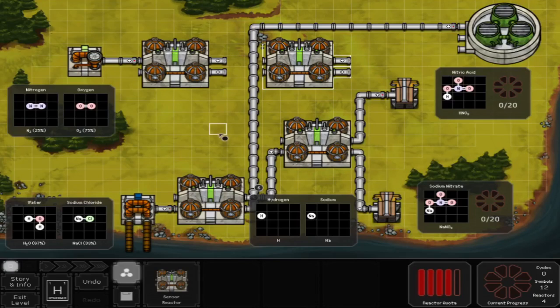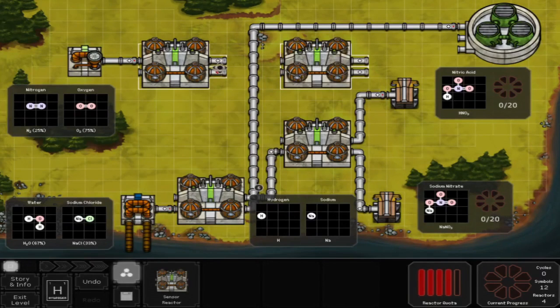I think this might work, but I'm worried that if too many nitrogens come through at once, the system's going to get clogged. You know what? I won't know until I test it, so